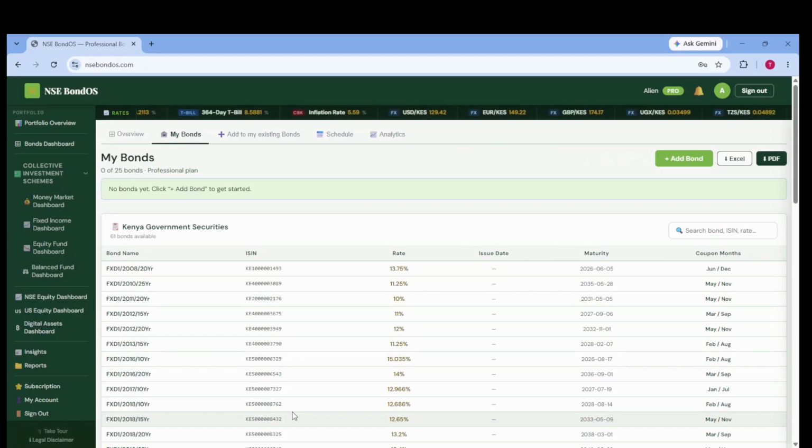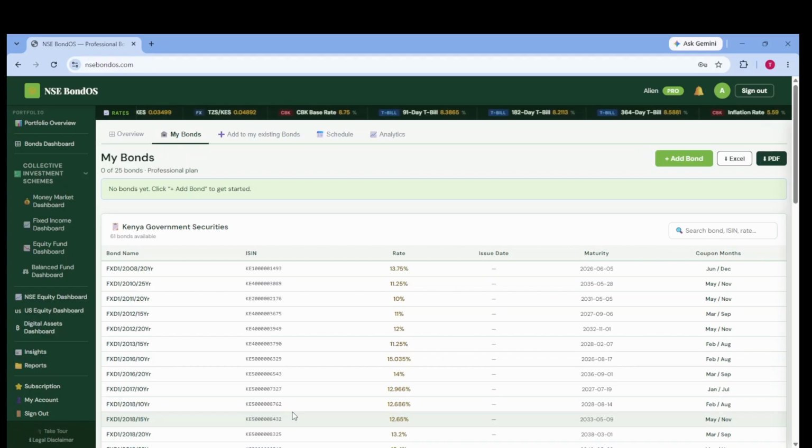There's a lot of work we do at the back end to make using this application as seamless as possible. So we try and add in a lot of the information that you may require to run this application. That includes all the bonds. And in case you have a bond that you are trying to add and it's not in our list, just let us know, then we'll add it to the list. We also do a lot of other data in the back end that includes the yields, monthly yields for each of these